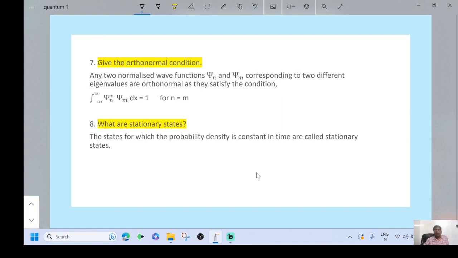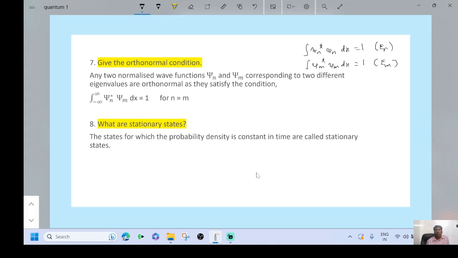Give the orthonormal condition. Psi n is a normalized wave function, that is integral of psi n star psi n dx equal to 1. Then psi m is also a normalized wave function, integral of psi m star psi m dx equal to 1. The eigenvalue of psi n is En. The eigenvalue of psi m is Em. They are different, Em not equal to En. These two eigenfunctions are supposed to satisfy this condition,